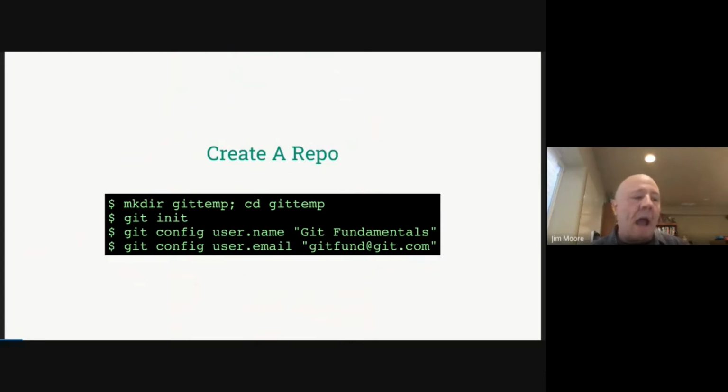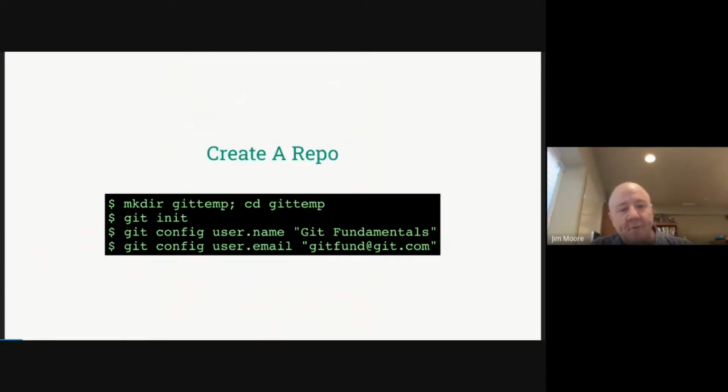So along those lines, let's go ahead and create a repo. I'll be using Unix commands here. If you're not a Unix person, don't worry, I'll talk through pieces of this that a Windows person may or may not understand, but a whole lot of command line operations, just because, again, we're going to be taking a look at data structures. We're going to be taking a look at what it actually stores in the file system. We're going to be taking a look at the innards of how Git works.